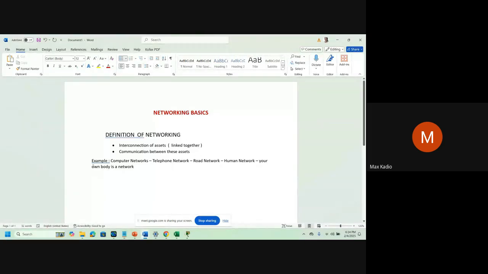Your own body has different parts, and we communicate. Your eyes allow you to see what you need to see. Your arms can collect. They help each other. They communicate. Same thing for telephone networks and computer networks. So interconnection of assets, and communication between these assets.